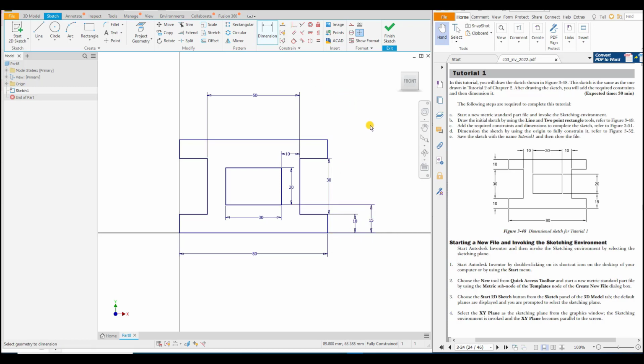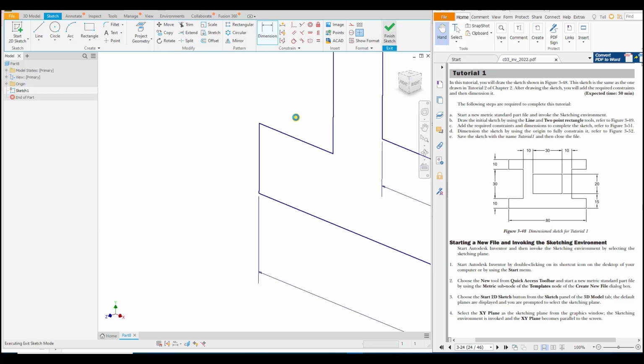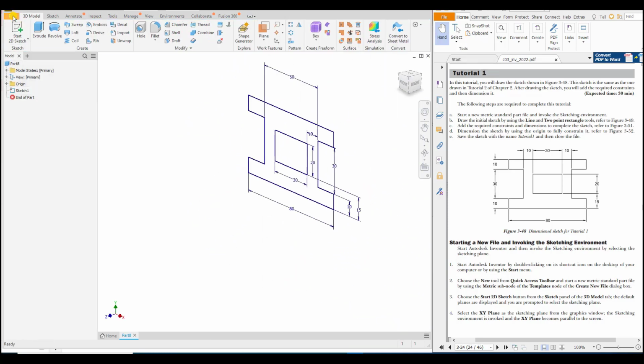Now you can see that the inner and outer part of the sketch is created with the help of the line and the rectangle tool. Dimension is also already given and geometrical constraint is applied here. So this sketch becomes fully constrained. Here a message is displaying. Now you have to save it. So before saving the sketch you have to exit from the 3D sketching environment. So click on finish sketch button,